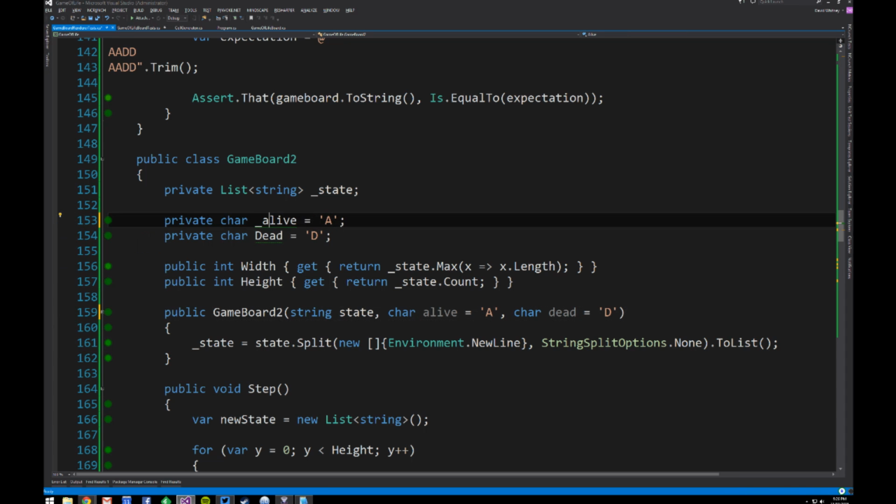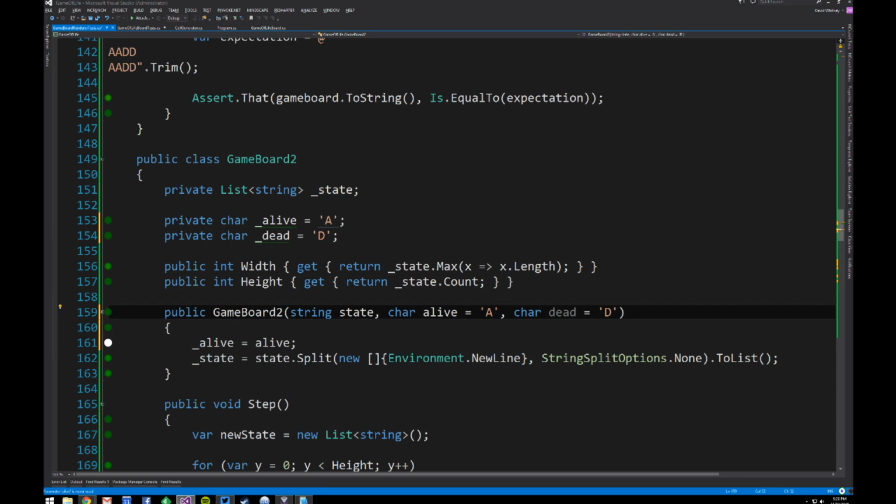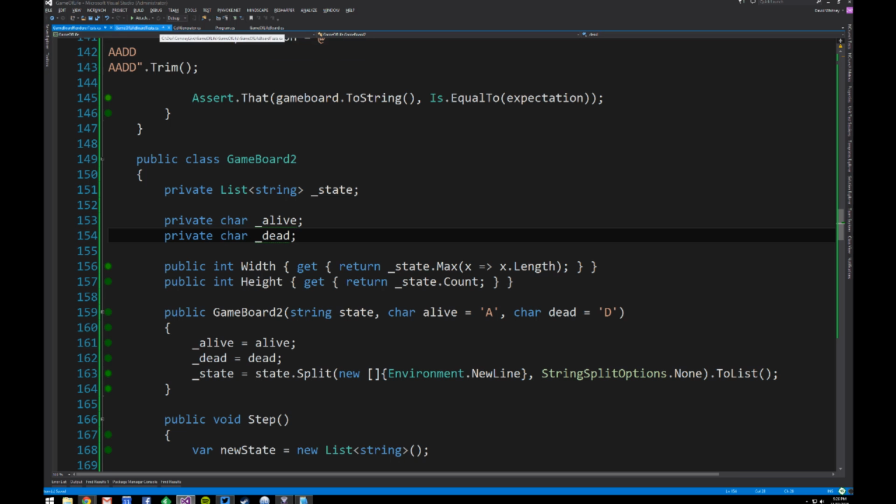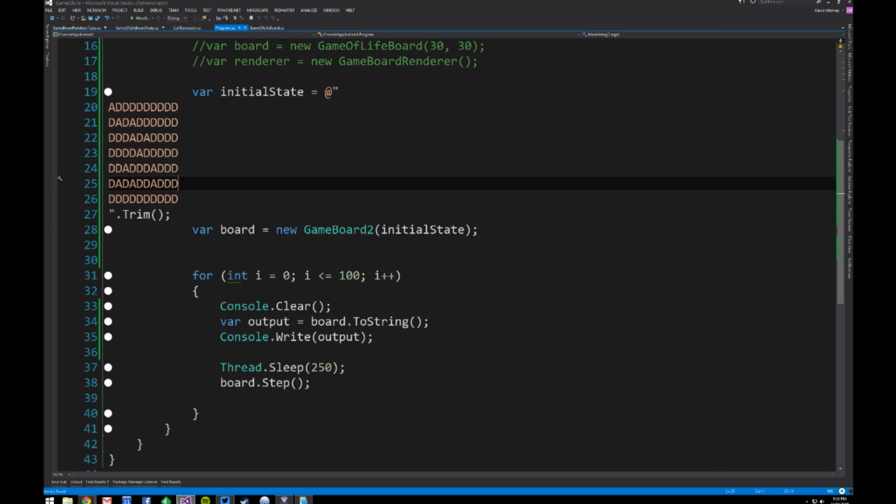And yeah, that's private. That's private. And we'll take that and initialize alive, take this and initialize dead. So we'll just use those default parameters. So what that means is if we go back to the program here,